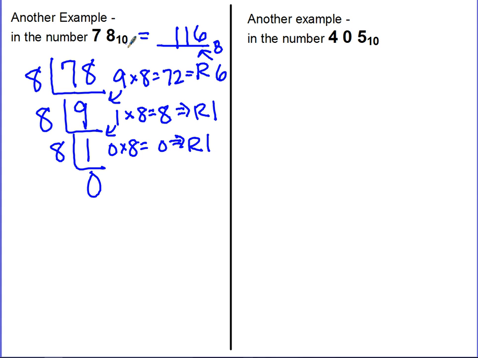And again, my answer looks somewhat correct. Smaller base is octal, bigger base is decimal. This number looks bigger than this number because this base is smaller. And if I go through the last example,